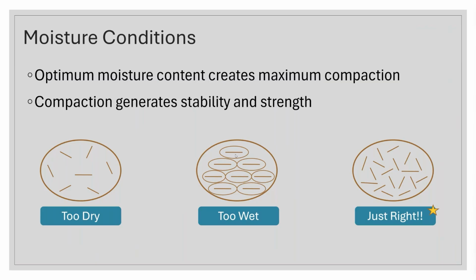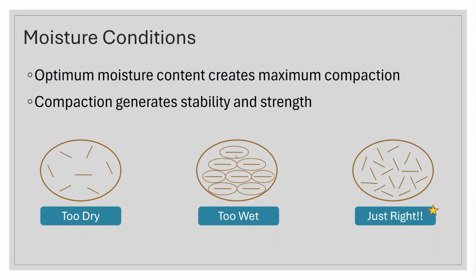Another problem that can happen with too much moisture is that it will compact pretty easily. If you have a wet clay type of material, when you push on it, it goes down. So we do that, and we don't really have the density that we think we have, because once that water evaporates, those particles aren't really all that close together now. So we didn't get the density that we thought maybe we were getting.